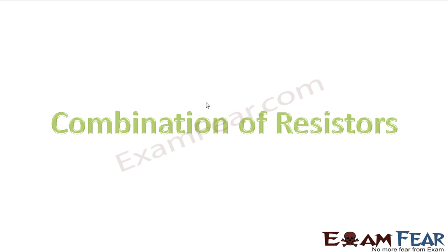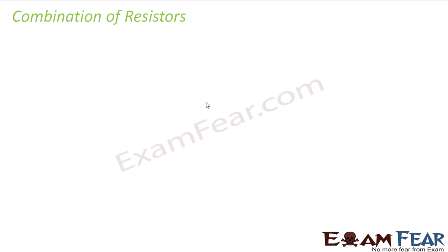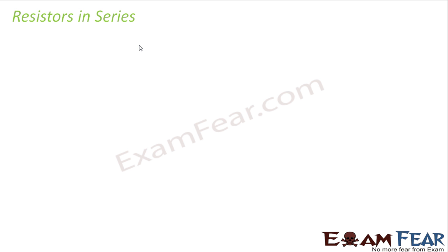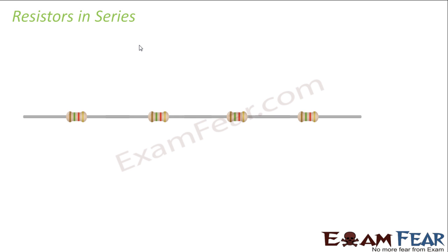Now this will be easier for you to understand because you have already studied the combination of capacitors. The resistor combination is also on similar lines to capacitors, with some major differences, of course. So the resistors can be combined in two ways, similar to capacitors. First is a series combination and the second one is a parallel combination. So what happens when the resistors are connected in series? We will have a look at that.